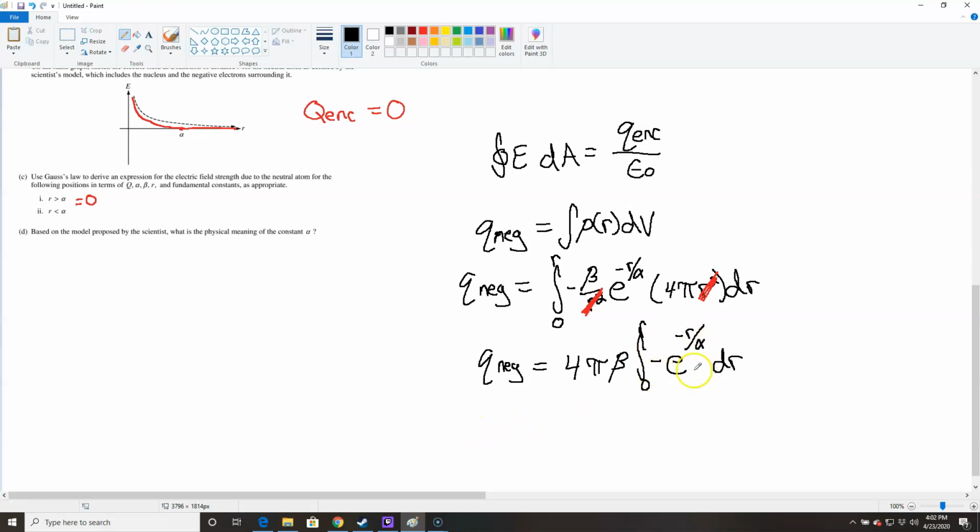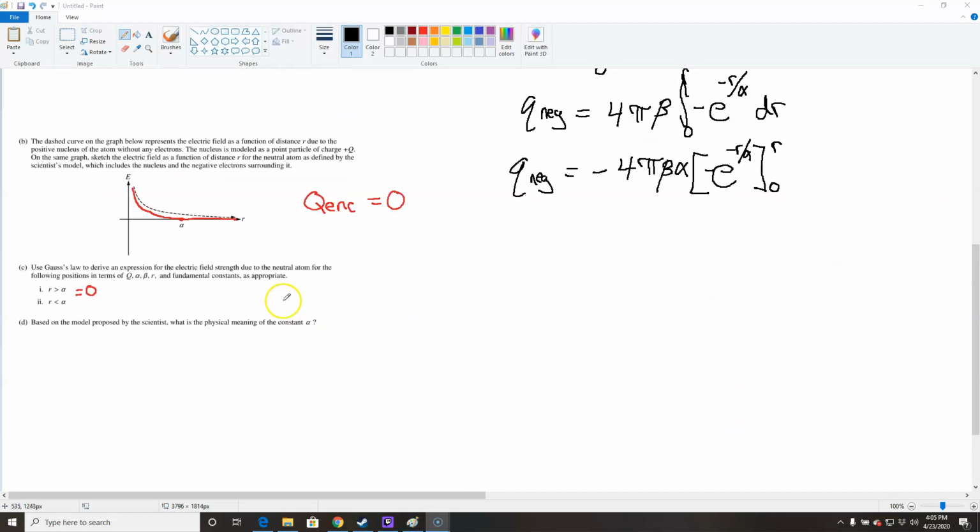When I take the integral of this fun, happy stuff, I'm going to produce a negative 4 pi beta. 4 pi beta is my constant. I got the negative alpha, negative e to the negative r over alpha, and I'm taking from 0 to r. So if I go to resolve this integral from 0 to r,